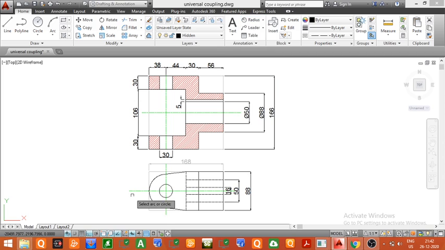So I will give the dimension of this semicircle, which is equal to 38 mm, and the dimension of this circular hole is equal to 30 mm, which is given in the front view. So finally we have completed the sectional front view and sectional top view of the first part, that is the vertical